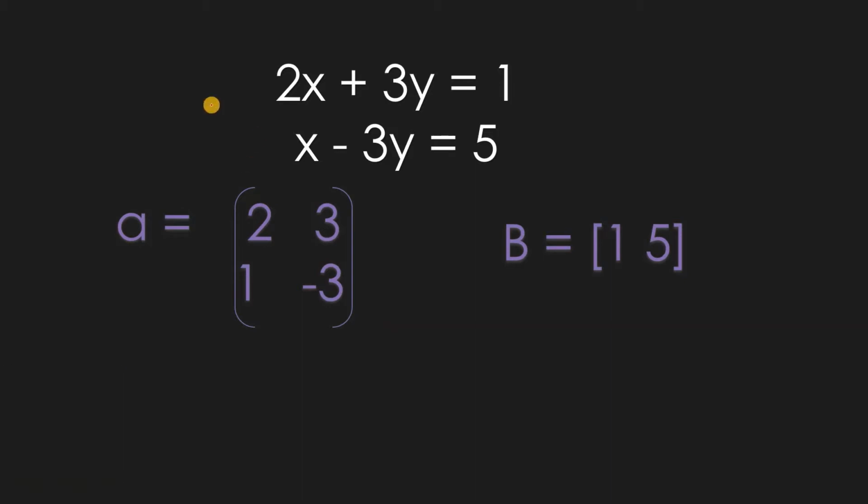See, these are the two equations that I want to solve. When I say 2x + 3y = 1, x - 3y = 5, A is the matrix involving the coefficients, that is 2, 1 as the first column, then 3 and -3 as the next column, right? So this is the matrix A. This is how we write the matrix A. B is nothing but the matrix containing the values 1 and 5, and x is nothing but the matrix containing the values x and y.